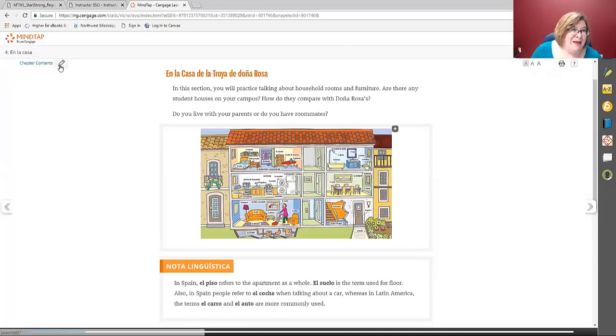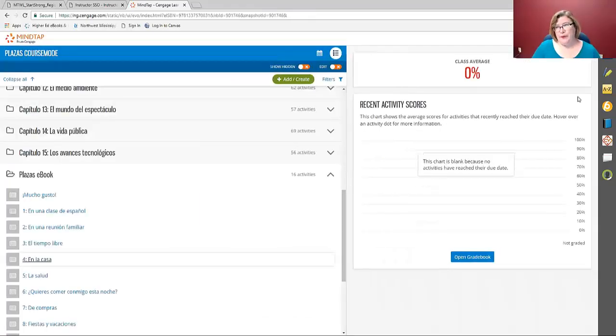And we can edit the ebook. I'll talk about that more if I have time, but I want to make sure I get through all the other places first. That pencil always means that something's editable, so we can actually change this and update and add videos, and we can add websites and other things that we want to link. So you can customize the ebook to make it your own. So that's just a little bit about the ebook.